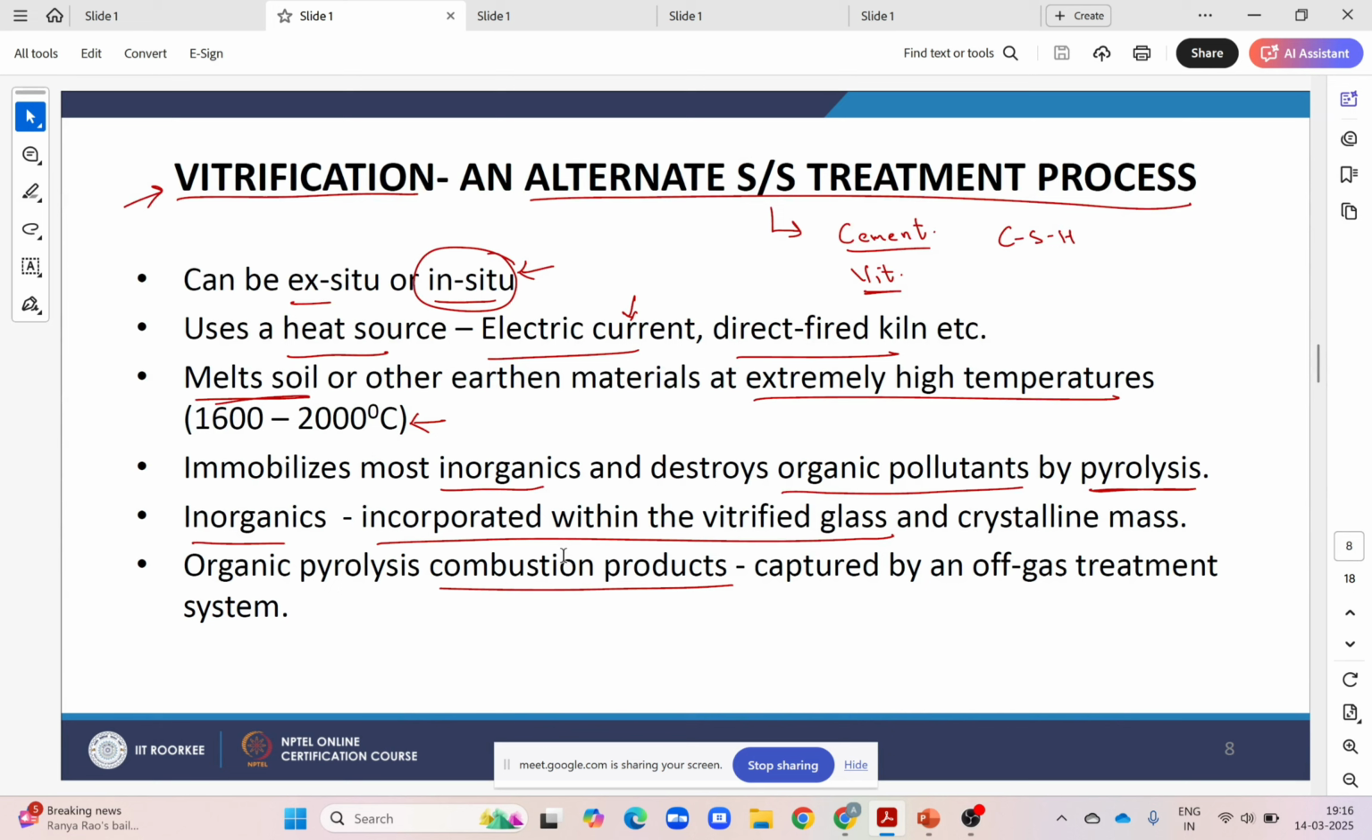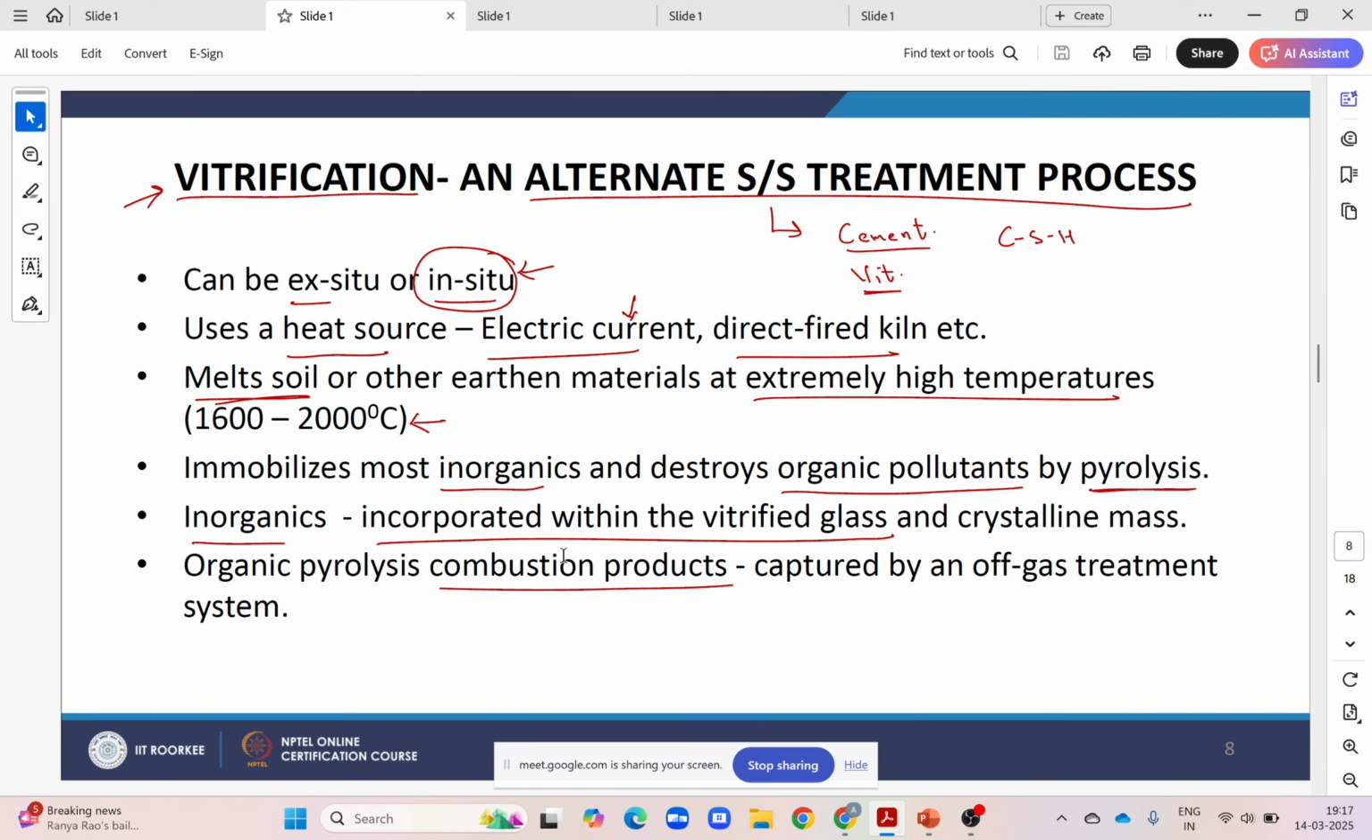Next is vitrification. So there are two ways stabilization and solidification can be done. One is by using cementitious material, and the other is vitrification, where a heat source like electric current or a direct fired kiln is used. When we heat a material, then depending on the temperature for that material, the soil or pollutant will melt,